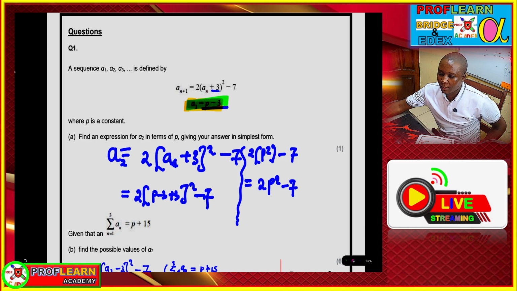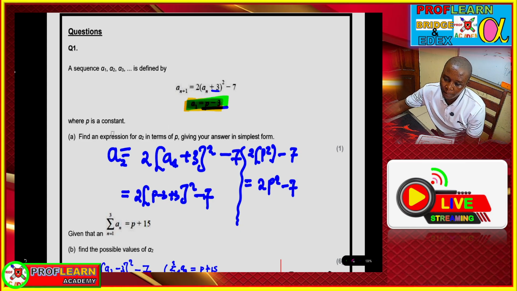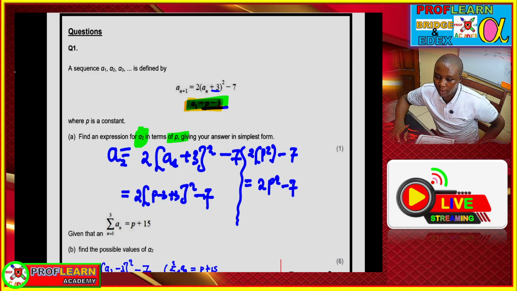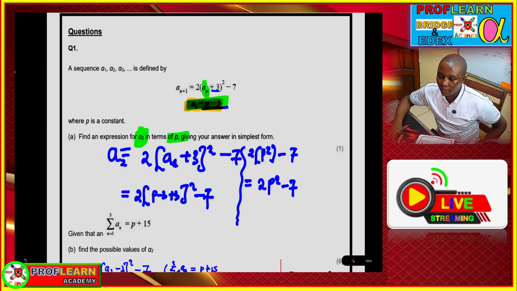So if A1 is P minus 3, then you are supposed to find the expression for A2, giving it in terms of P. So what you need to do here is that A2 is going to be 2 into A1, because you are told n plus 1. The n that you will have here is, when you are finding n plus 1, it will be 2 into n. So meaning if here is A of 2, then this will be A of 1 inside here,